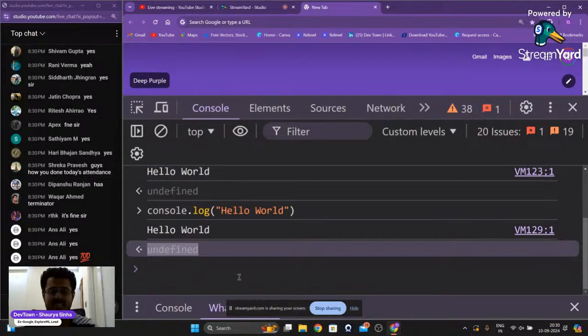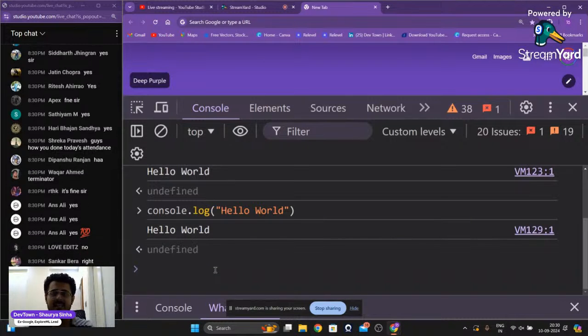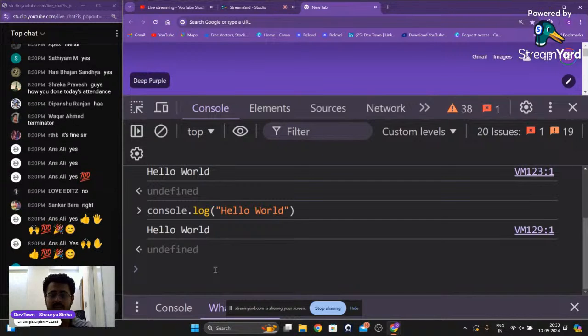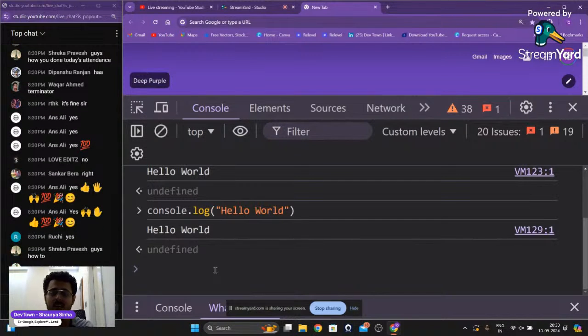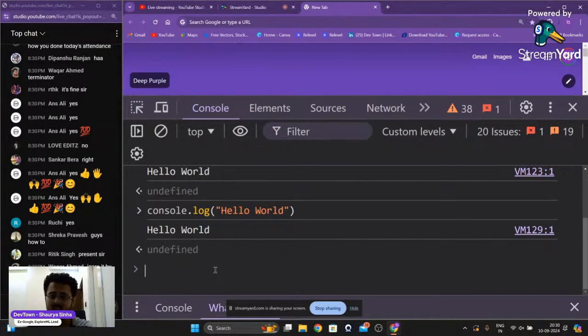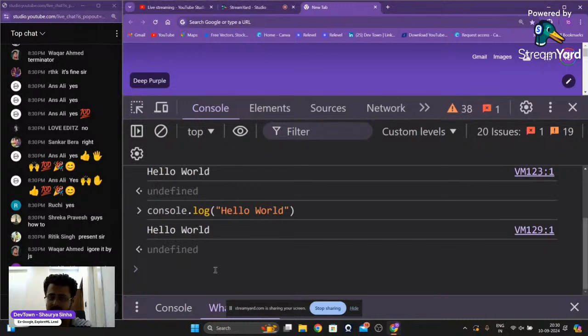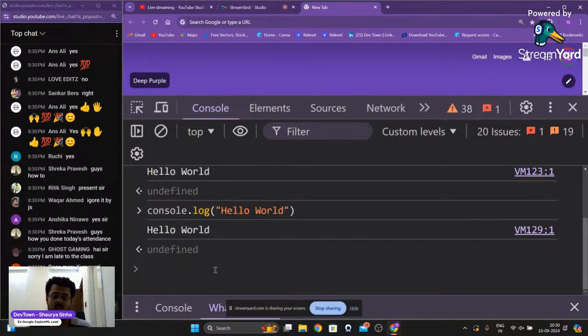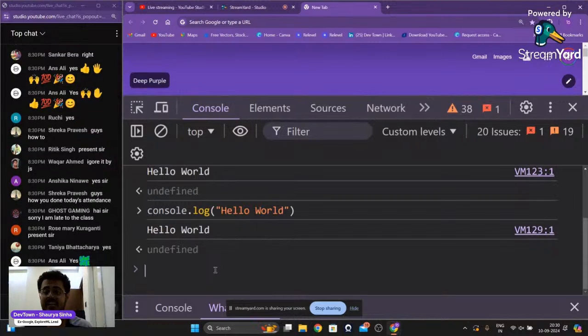Okay, so let's get started with the next thing. Now that we have learned about printing something out, let's also learn about showing something to the user. What we are currently printing inside the console is only visible inside the console itself. A normal user who is just using the website will not be able to see it. But I want to showcase something to my normal user as well, so I can do that by sending notifications.